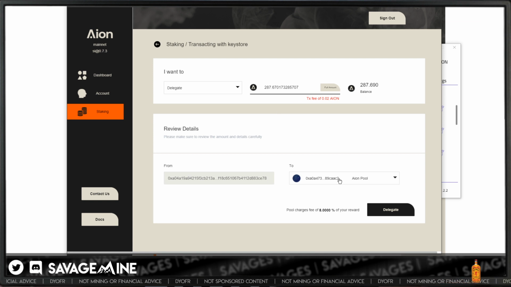All right, so you want to make sure down here that you are going to the right pool that you selected earlier. I don't think this is an issue anymore, but whenever I first did this, the very first time I chose AIONPOOL, but this drop down here had a different pool. So I'm glad I caught it at the time. I don't know why it did that, but I think that they fixed it in subsequent releases. I think that I was on like 7.2. So anyway, just keep that in mind. You always want to verify, double check, and all that stuff.